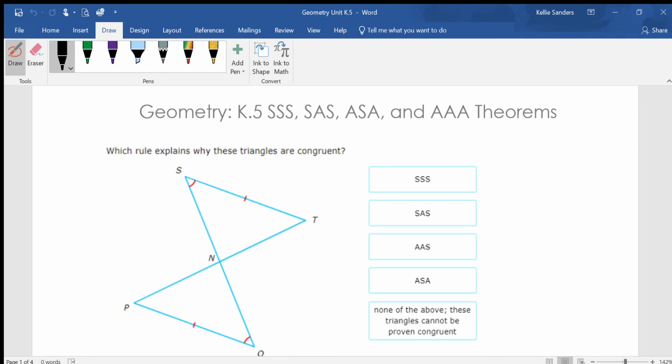Geometry K5: side, side, side; side, angle, side; angle, side, angle; and angle, angle, angle theorems. On this one, we're going to be very, very careful with it. If you have side, side, side, or angle, side, angle, or, I think it's K11, where we have hypotenuse leg, all of those are talking about